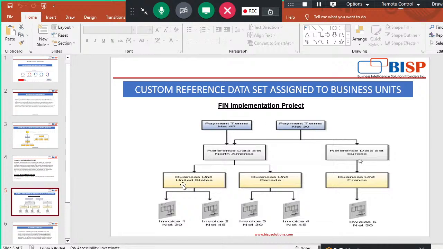So a business unit located in the US uses both net 30 as well as net 45 payment terms while creating or generating its invoice. Same for the business unit located in Canada. It also uses both net 30 as well as net 45 while generating its invoice. And apart from that, there is one more business unit in France which uses only net 30. So for the business units located in the US and Canada, as both payment terms, 45 and 30, are required,